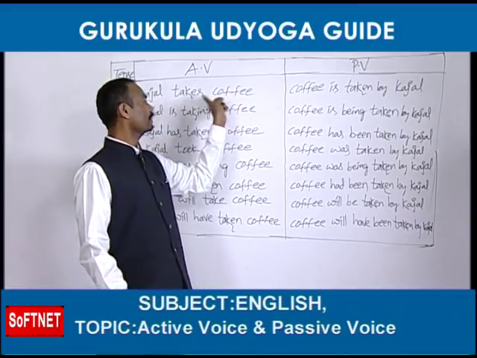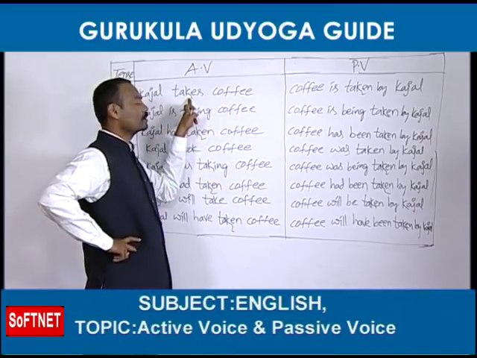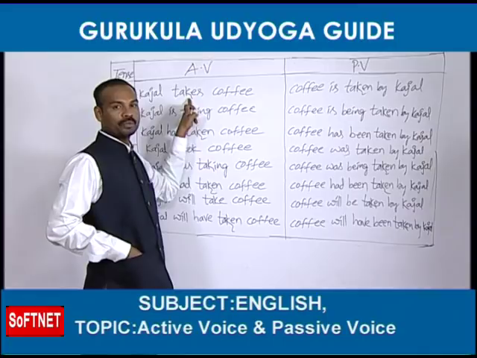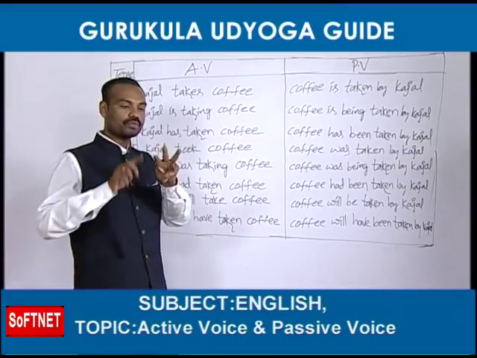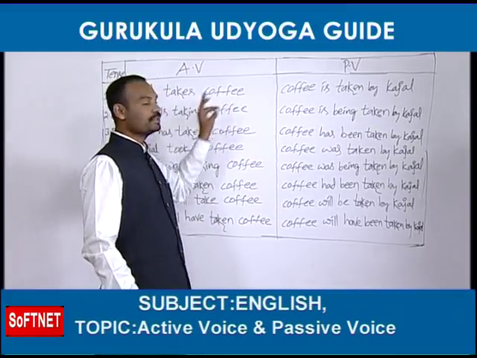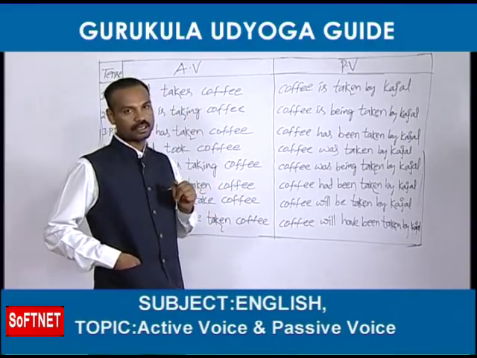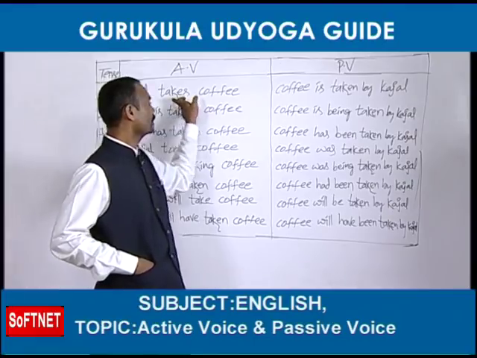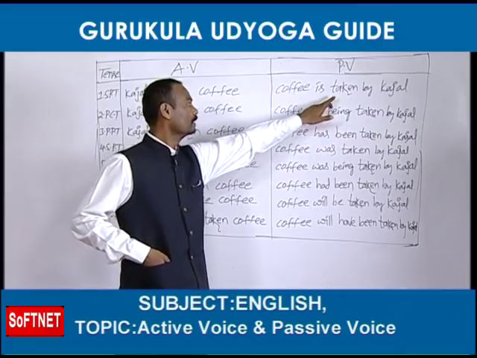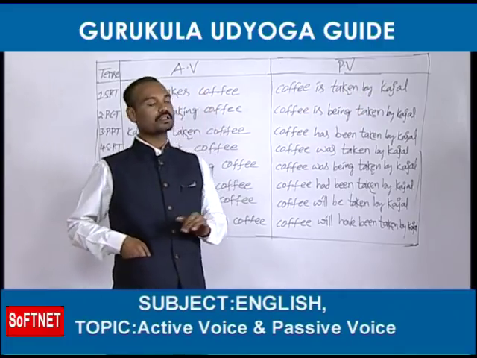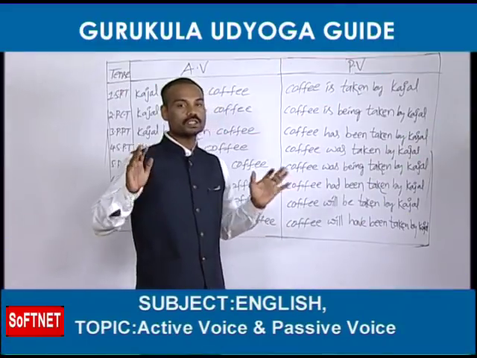So whenever they don't give any helping verb, means be form, what should we do? We should go to the main verb. If it is in the first form, we should take am, is, are. From am, is, are. Takes, it is V1 only. So we should select from am, is, are. If the object is singular, is should be taken. If the plural object is there, are should be taken. Coffee means it's a singular object. So coffee is. Next main verb should be taken as it is, but it should be changed into the third form. Take becomes took, taken. Then preposition by, then subject is Kajal. So active voice is Kajal takes coffee. Passive voice is coffee is taken by Kajal.